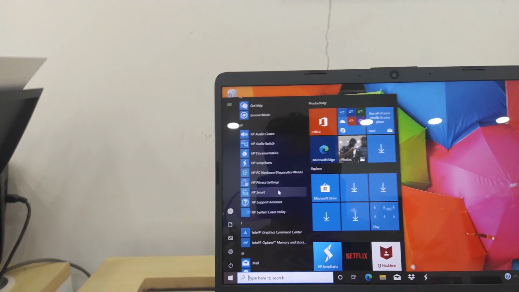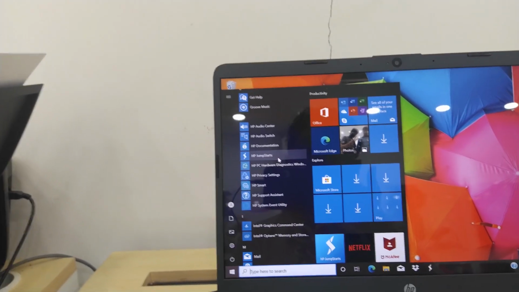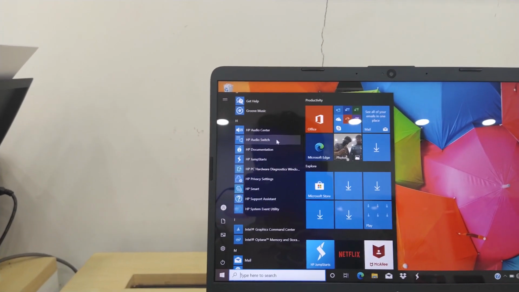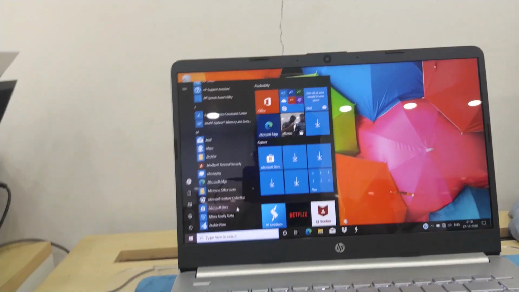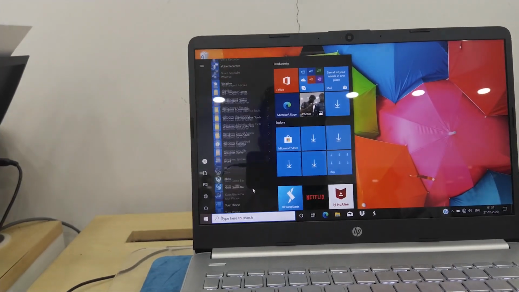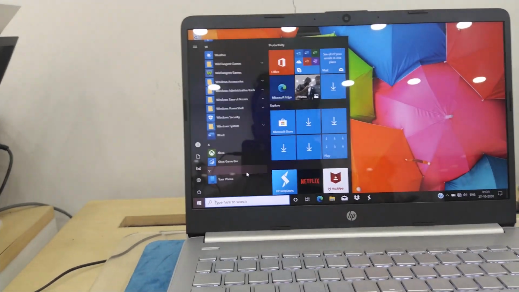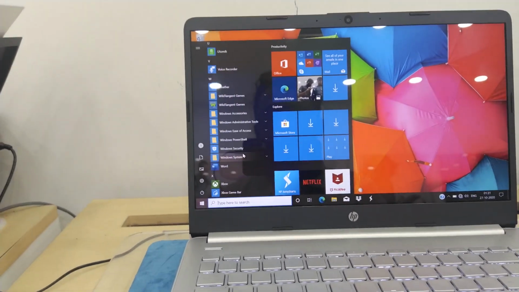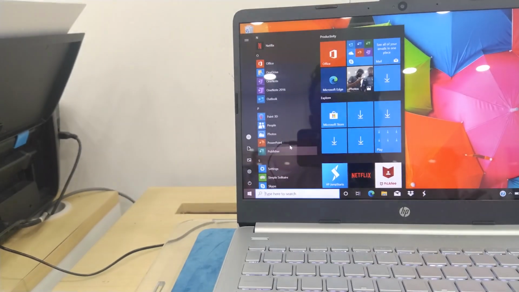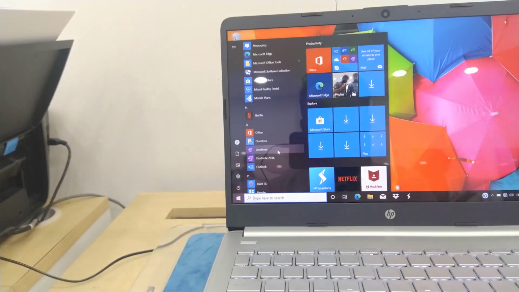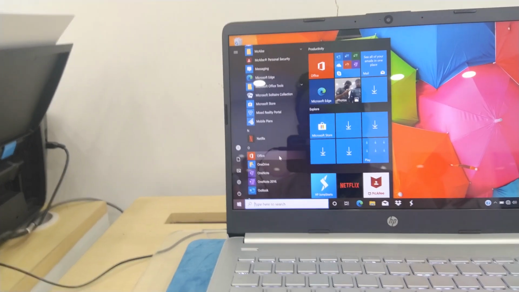It might be HP Smart, Jumpstart, Audio Switch, or maybe ePrint and all. And here you can see an Xbox and the normal default Skype settings, and Paint 3, all these.